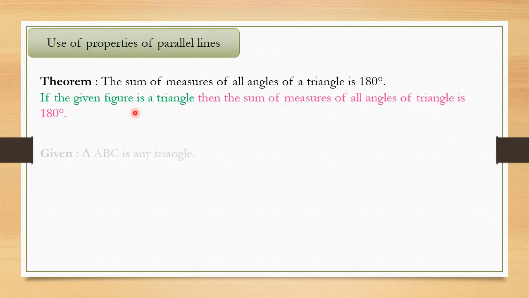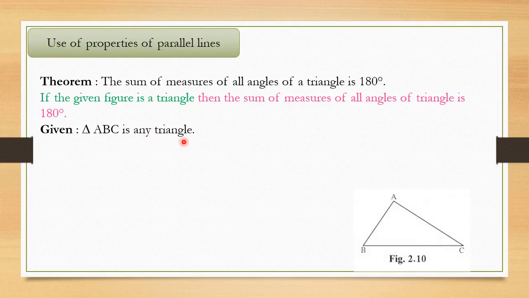So as soon as you get that, you write Given: ABC is any triangle. So we have named that triangle as ABC. As soon as you write the given part, you have to draw the figure, because it is always good to represent it in the form of a figure. You get extra marks or you get full marks. So this is triangle ABC. Then you have to write the to prove part.